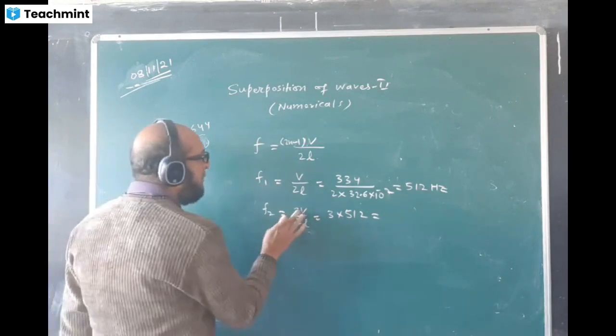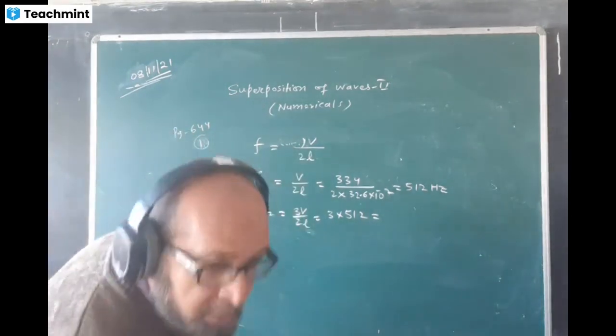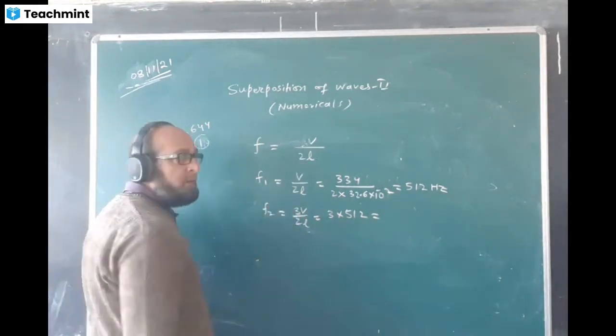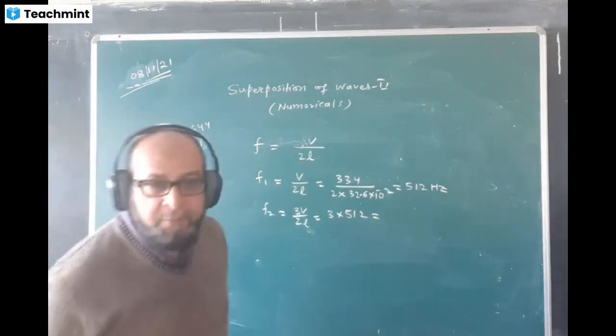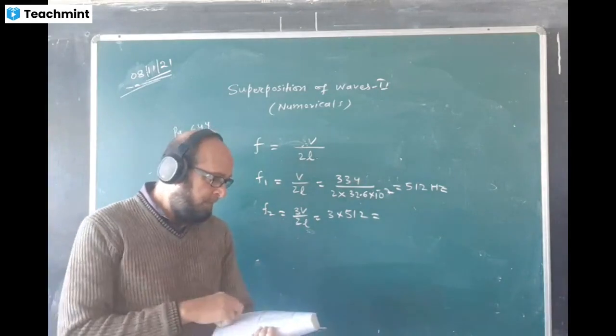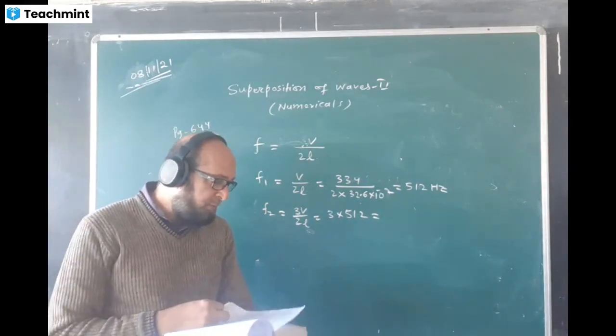Oh no. Formula, please. Last time I derived the formula. Please check the formula. What was the formula of open pipe, not closed pipe, open pipe? What is the formula? Please check. Open pipe formula was